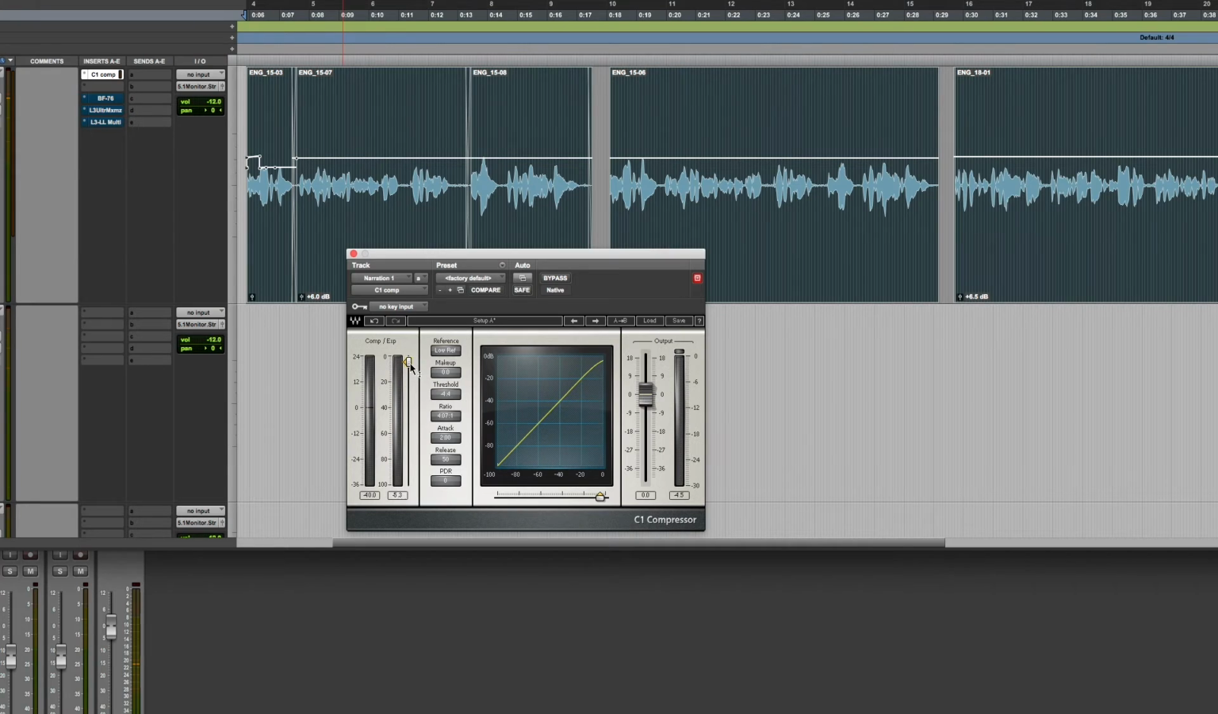So you can see that as I raised the threshold, there was a point where really very little, if any, peaks were exceeding that threshold. So the attenuation became much, much less, and we were really not affecting it. So as a result, you could hear how the volume increased because we were compressing it less. So the idea with